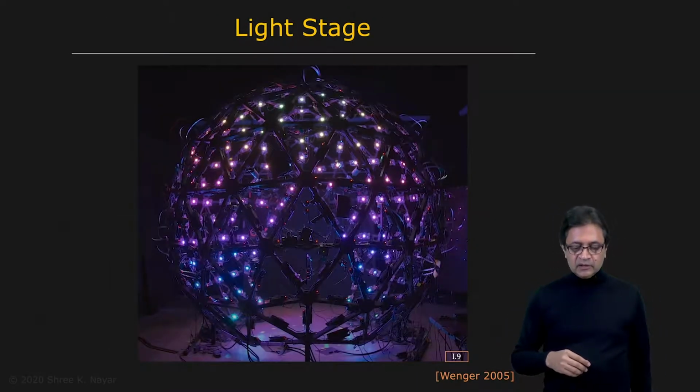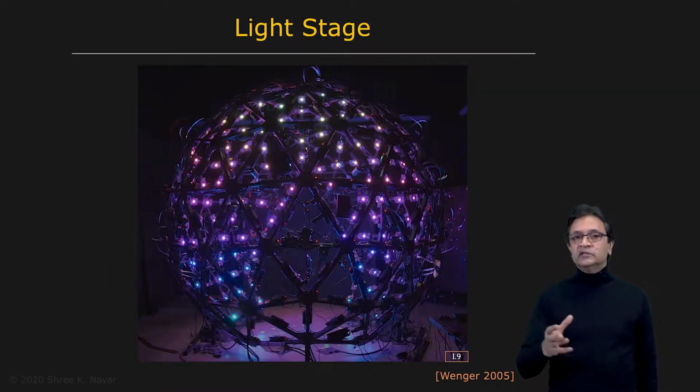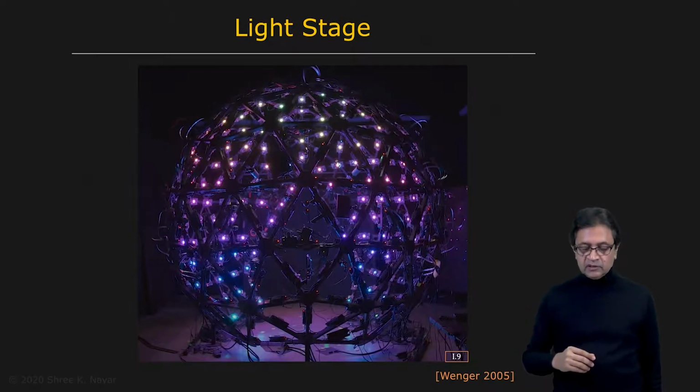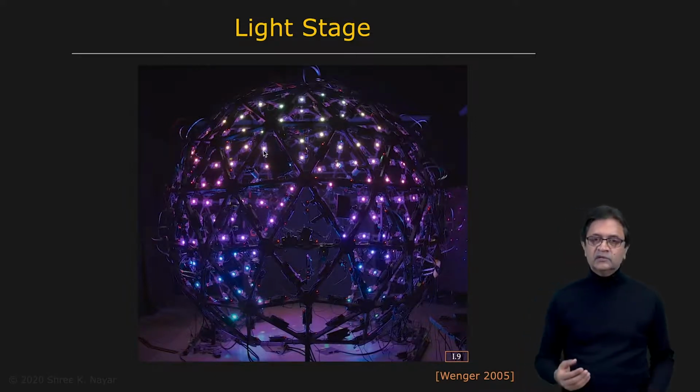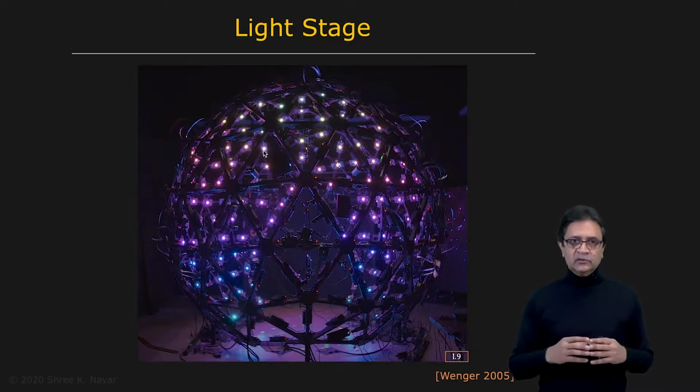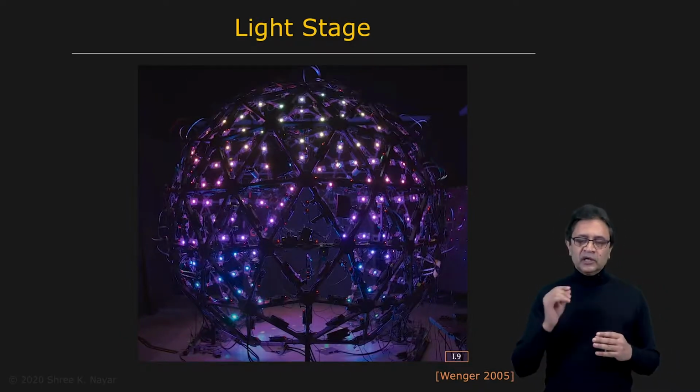And here is another system which is based on the idea of photometric stereo or sampling. This is the light stage, which was developed by Paul Debevec's team. So the light stage uses a very large number of light sources, as you can see here. And you're talking about a different scale altogether. You can have a person stand inside the light stage. And each one of these light sources is an LED light source. So you can control the brightness very precisely, the color, and also the duration that it's on.